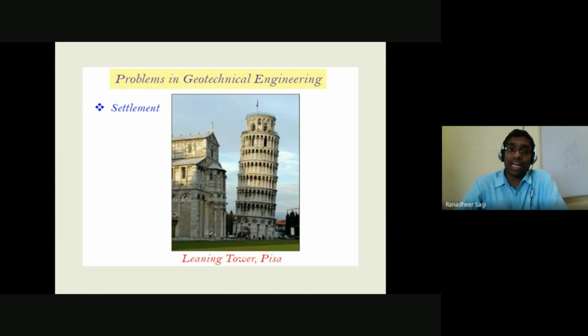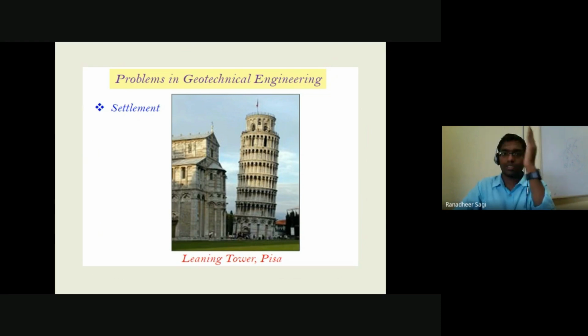And this is one of the classical examples of a problem with regard to a structure, what is called the Leaning Tower of Pisa, where the original structure was designed vertical and it was vertical, but with time, at some particular location of the foundation of that structure, excess settlements were taking place, whereas at the other locations of the foundation, those excess settlements were not happening, because of which towards that side where excess settlements were happening in the foundation, we started having a